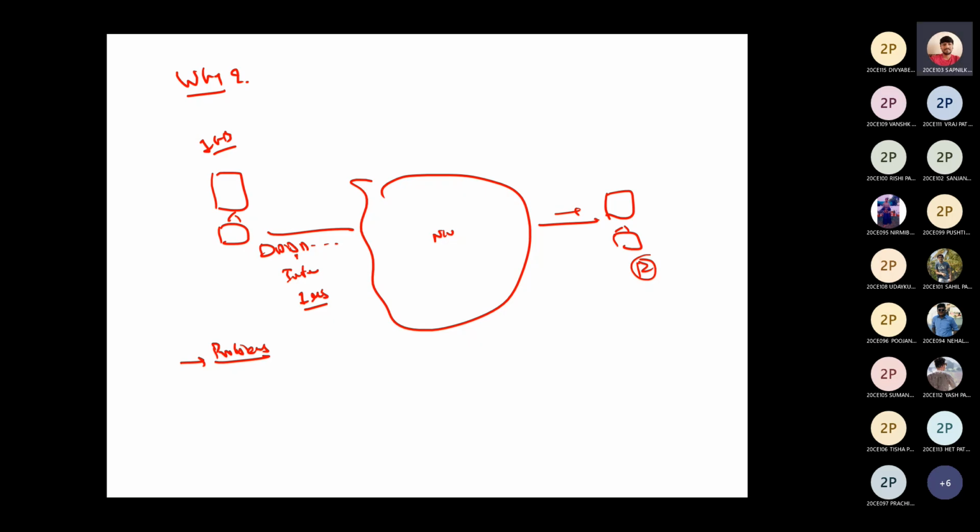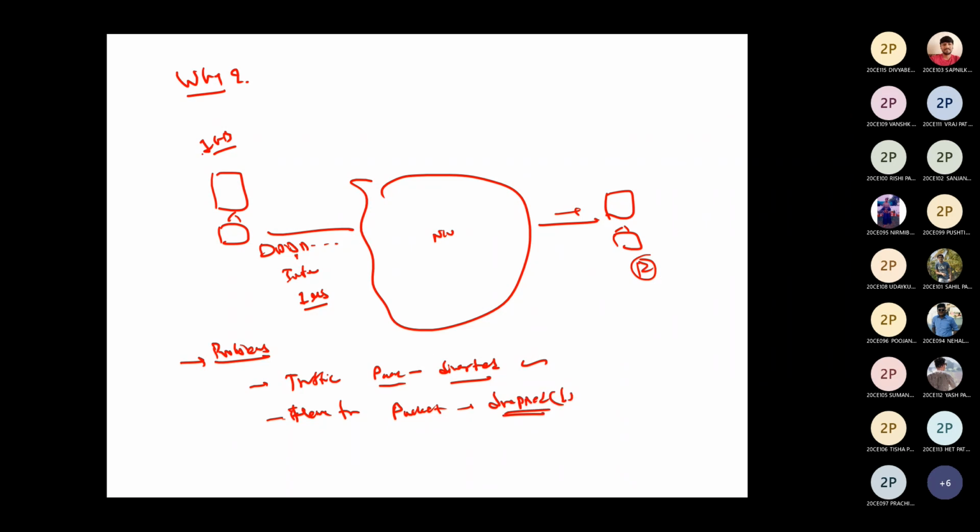Sir, some packets will be dropped due to traffic. Half the packets will go to another path. Okay, due to traffic, the packets might be diverted. This is one possibility. Due to heavy traffic, packets are being dropped. For example, 1 GB of data is sent, and over here the receiver receives only 500 MB of data. The rest, 500 MB, are dropped.